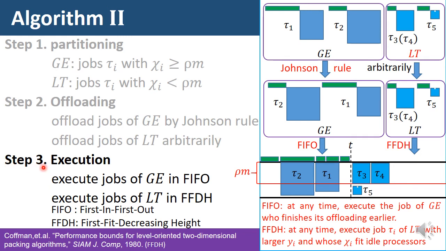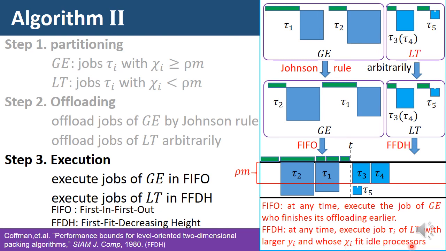As the third step, we execute the jobs. First, we execute the JE jobs in a first in, first out way. That means at any time, we execute the JE job that finished its offloading earlier. And then we execute the jobs of LT in a first fit decreasing height way. That means at any time, we execute the job tau i with a larger execution length and which can fit